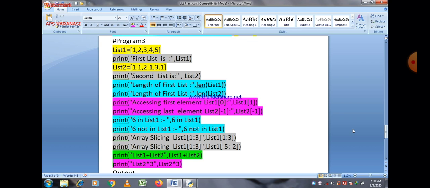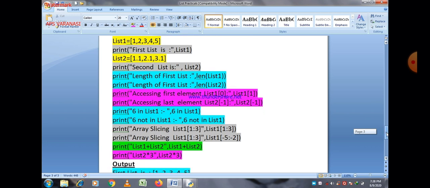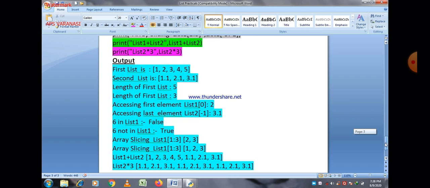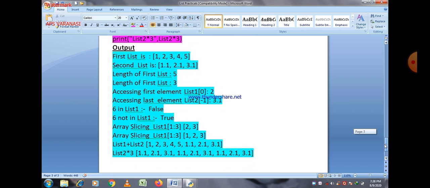So you can easily see that in line number 7, there is a statement, print accessing a list element list 1 [0], and we actually print list 1 [1]. It means the second element will be printed here, while in the message there is a statement written as accessing first element. So it will not access the first element, it will actually access the second element. Whatever you write within double quotes doesn't matter, it will print as it is, whether it is a wrong statement or a right statement.